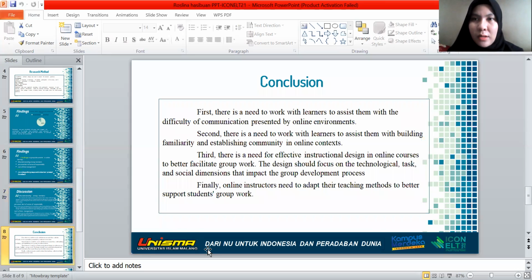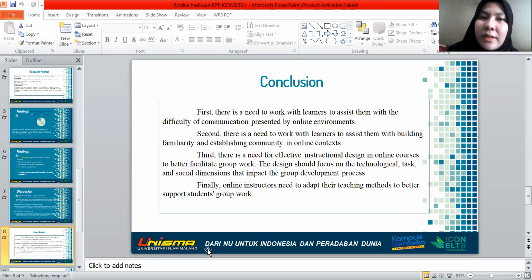So these are the conclusions. First, there is a need to work with learners to assist them with the difficulty of communication presented by the online environment. Second, there is a need to work with learners to assist them with building familiarity and establishing community in online contexts. And third, there is a need for effective instructional design in online courses.